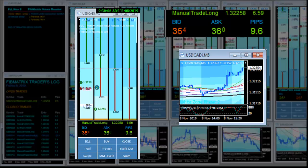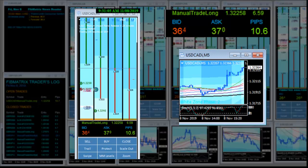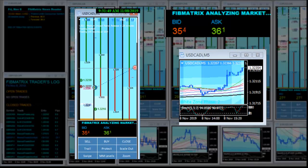We got medium impact news coming. Let's go. There's 10 pips. Trying to go higher. Still pushing. Let's go. Man, if we can break above these 43, man, we got nice clear roads above. Maybe we just take it off. I'm going to get out. All right. So 9.8